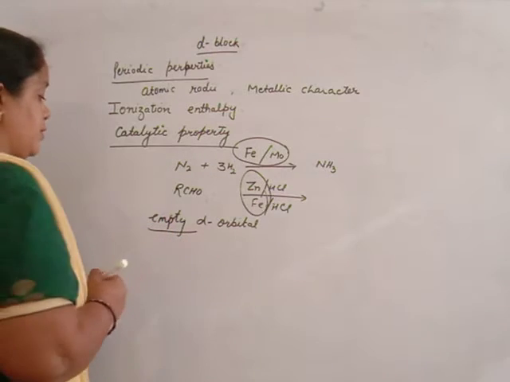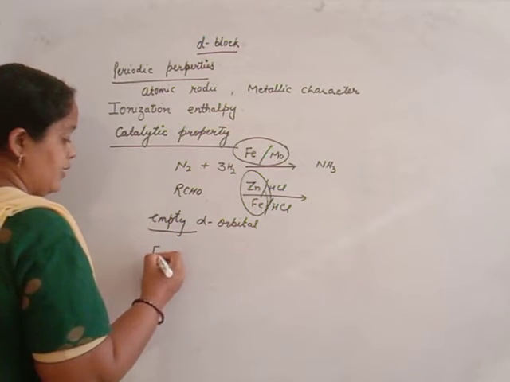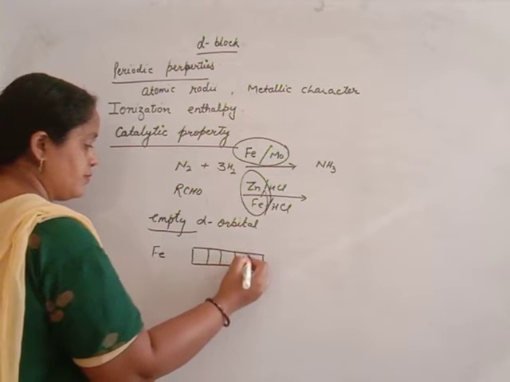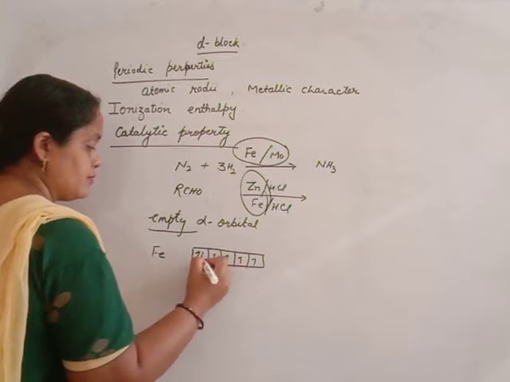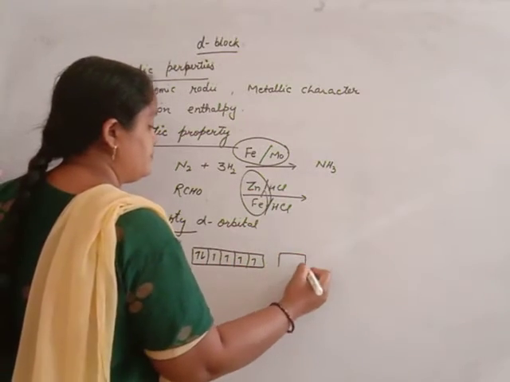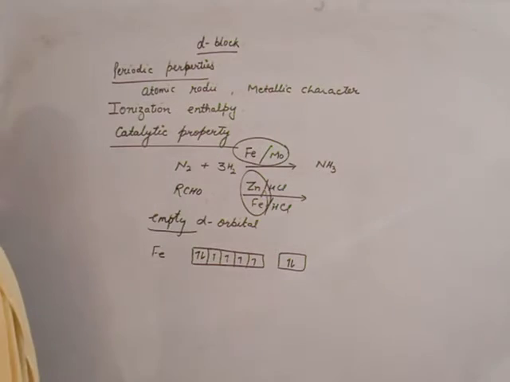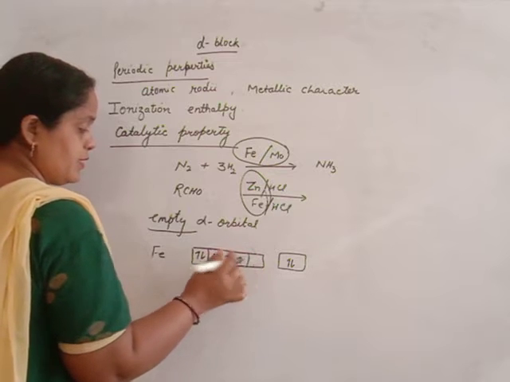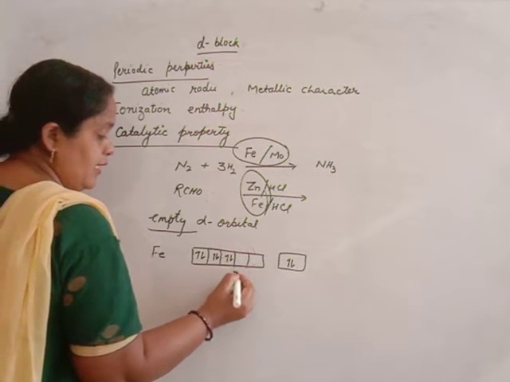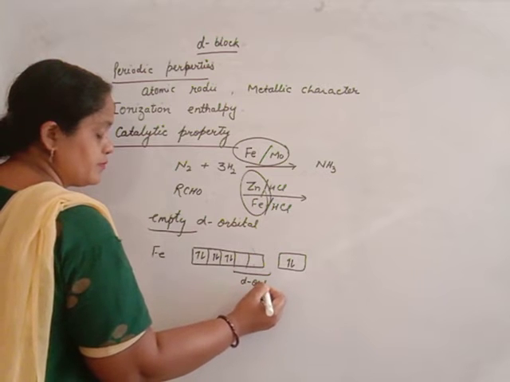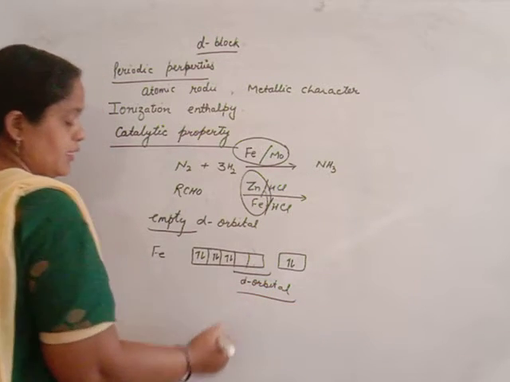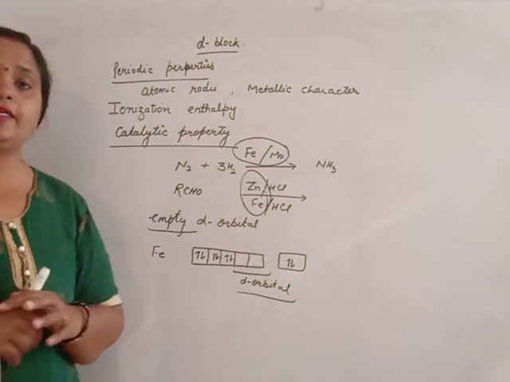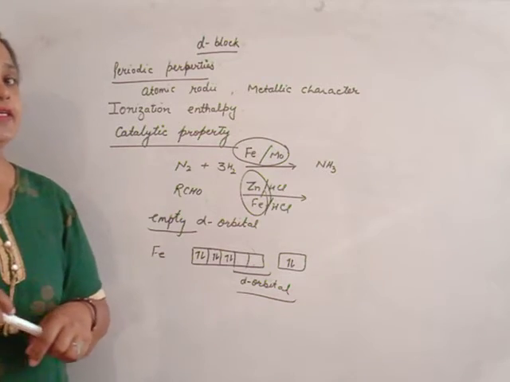They act as intermediates. Due to the presence of empty d orbitals, take iron, 3d6 4s2. Due to some reason, they show pairing. This electron will enter here, and this electron will enter here, and they have empty d orbitals. These empty d orbitals have a tendency to accept electrons from one of the reactants and transfer electrons to the other reactant, and